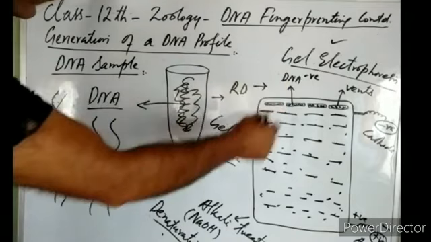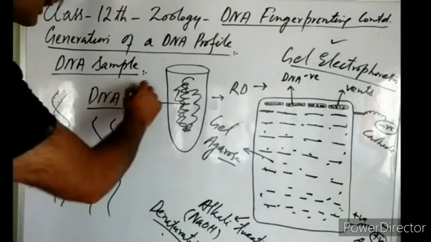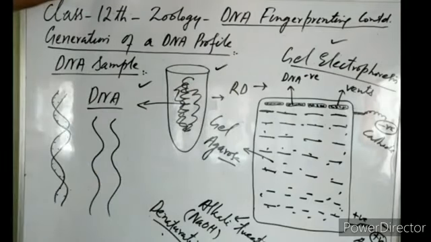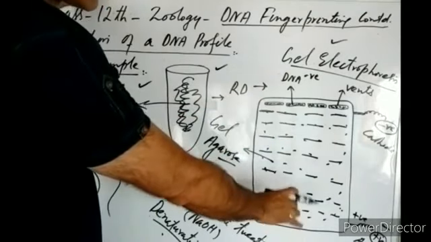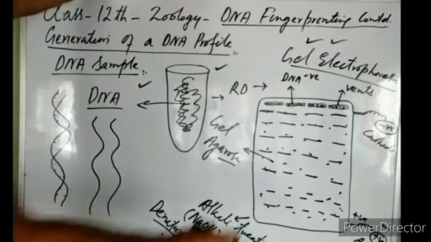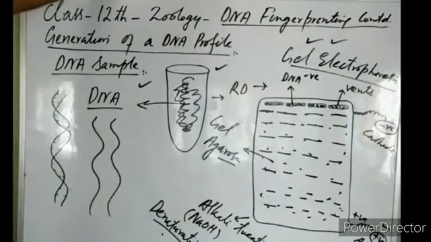This follows the gel electrophoresis. First we took the DNA sample, and we cut it into smaller fragments by a technique known as restriction digestion. After restriction digestion, we separated out DNA fragments of different lengths by the gel electrophoresis technique. Now each fragment is a double-stranded fragment, so we have to convert these into single-stranded fragments. We do this by alkali treatment, or we can also do it by heat treatment. Mostly the alkali treatment is used, right?